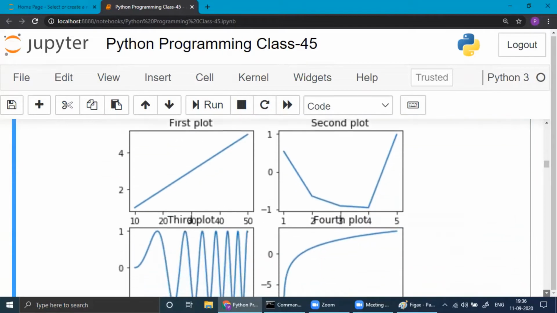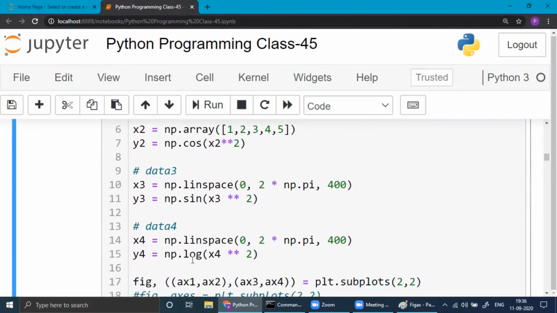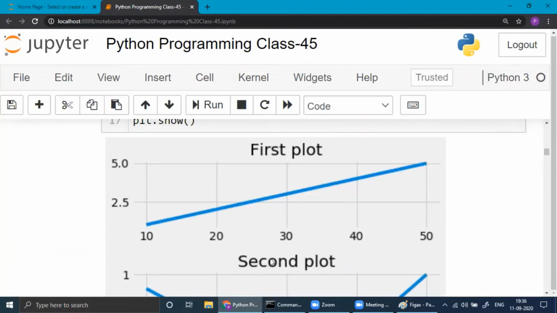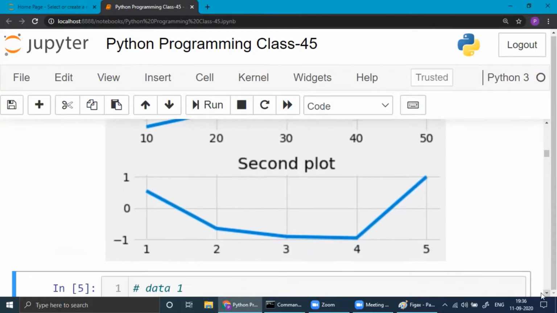It will not work all the time though. Yeah, it worked this time. Okay, this looks better than the last one.